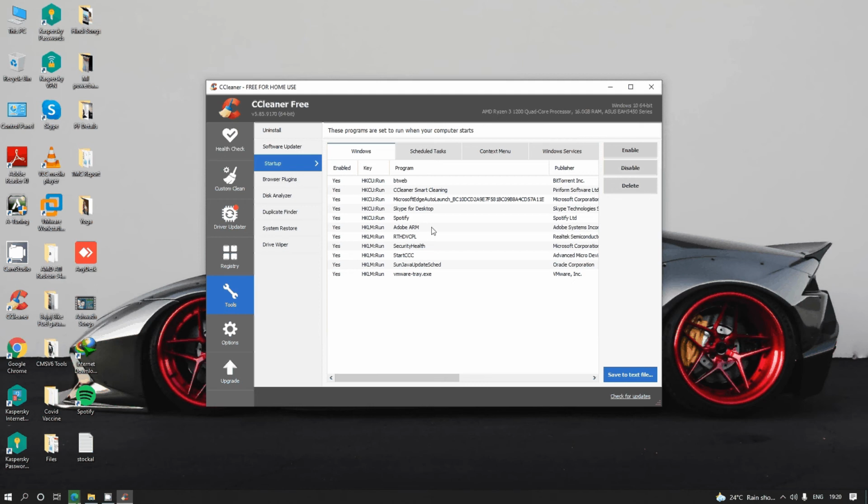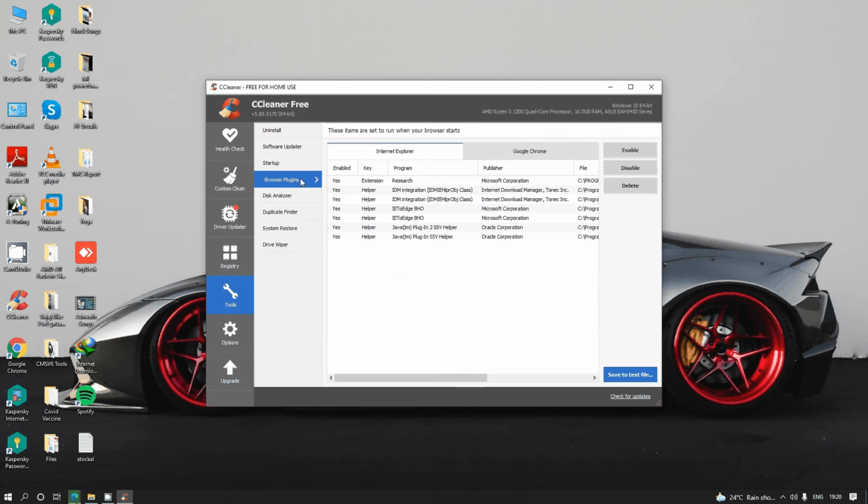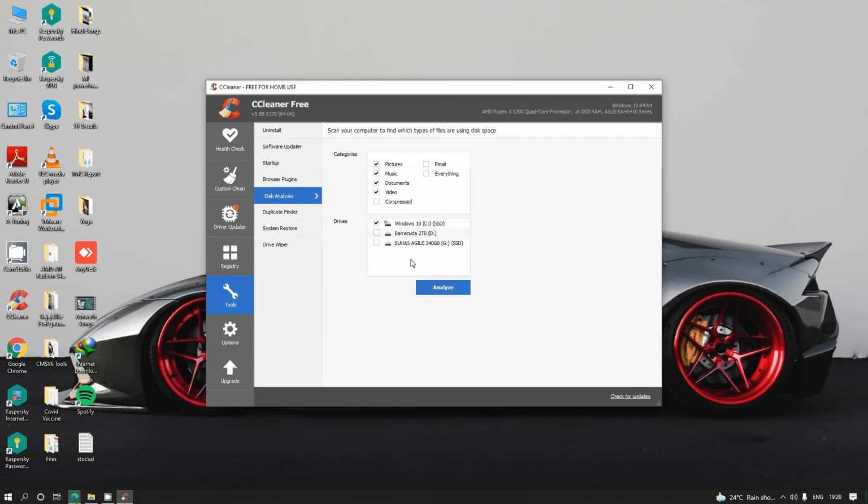For example, if Skype automatically opens when the system is booting up, you can disable it so it does not open while booting. Like that we can select the programs and optimize applications according to our requirements. Browser plugins are available. You can also analyze the disk and its storage capacity.